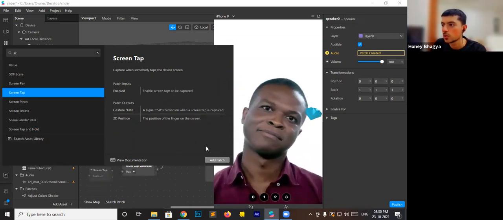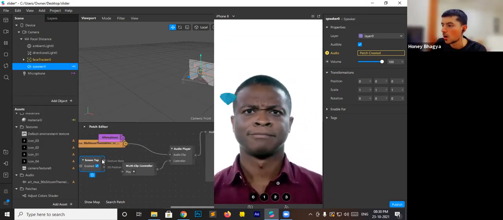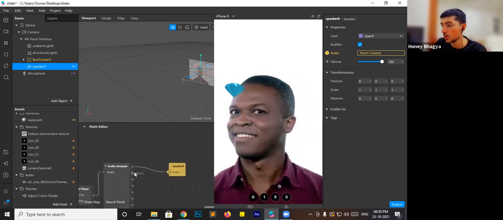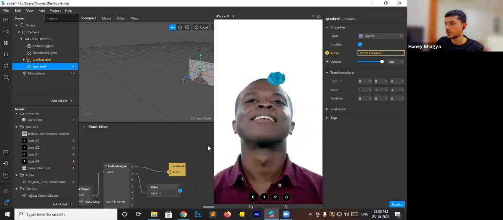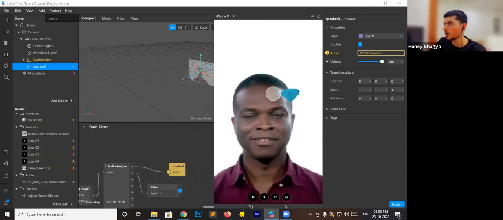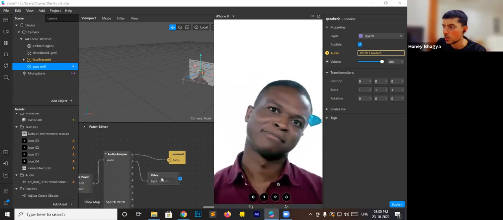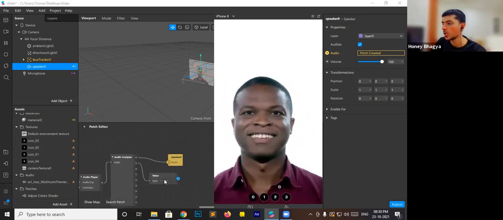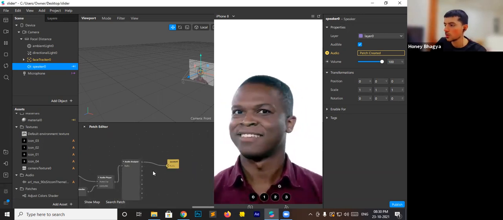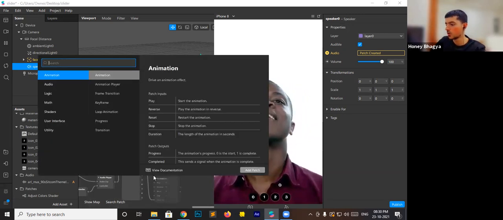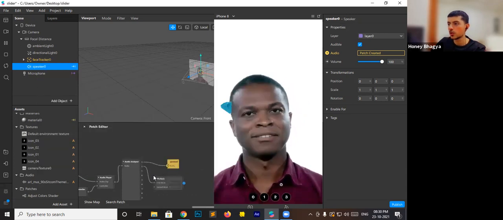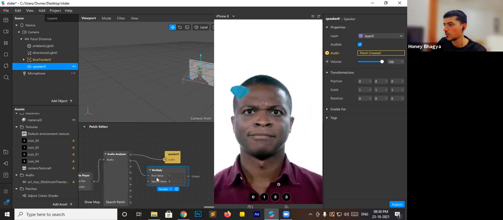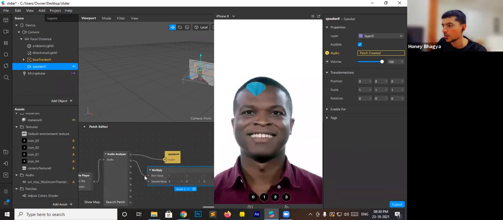So we are going to use tap screen. That's the state to play. Then we are going to check the value. As you can see, small values are here, but we need to multiply it. So what we are going to do is take band 1 and create a multiply patch. Let's say multiply it with 5 again, and change it to vector 3.